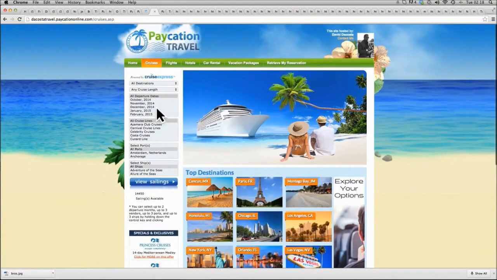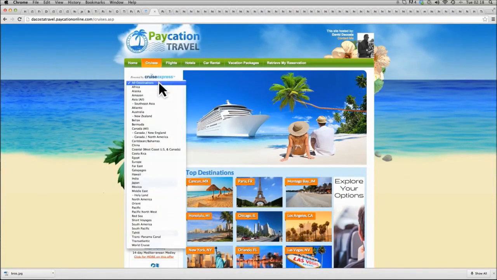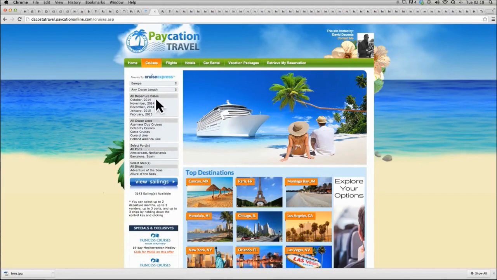So as you can see here, you can enter the different cruise destinations. As you can see, you have lots of destinations all over the world. If we're looking at Europe, for example. Again, this cruise site is powered by Cruise Express. So we're looking at 3 to 5 nights. You can choose a date in December